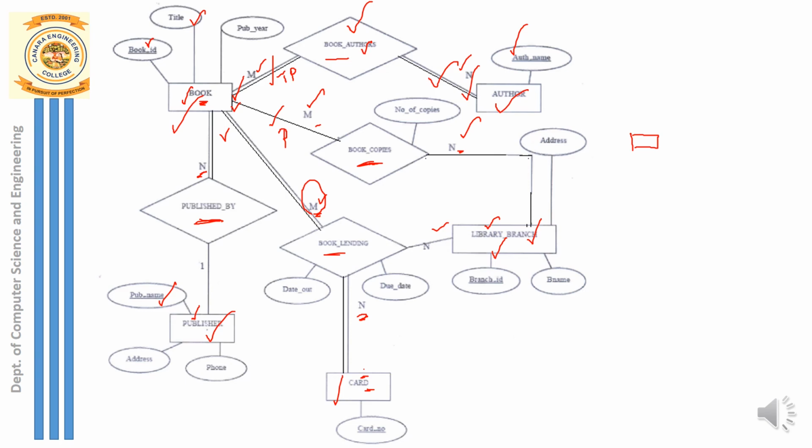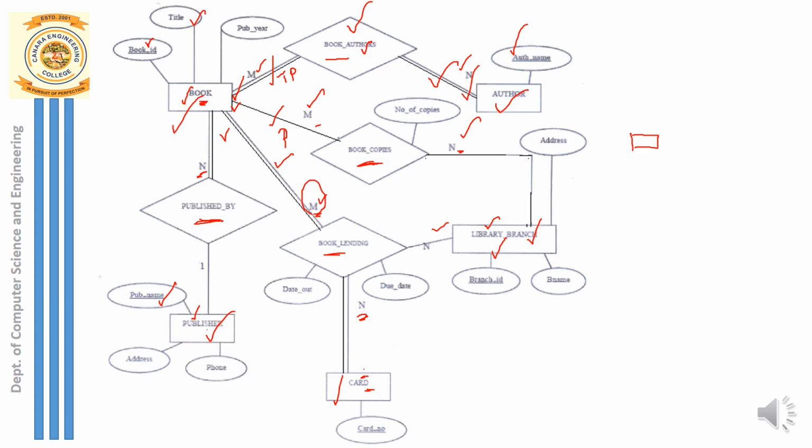What about book lending, which relates the book table and the library table? A book should be borrowed from a particular library. Here you need not borrow all the books from a particular library; there can be many books left out there. So from the book lending perspective, that is from the library and book side, the participation from the book side is partial. But don't get confused, I have taken it as double here just to show the relationship between card and book, okay?